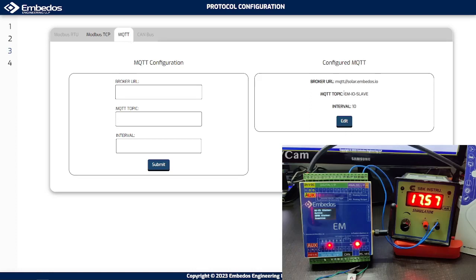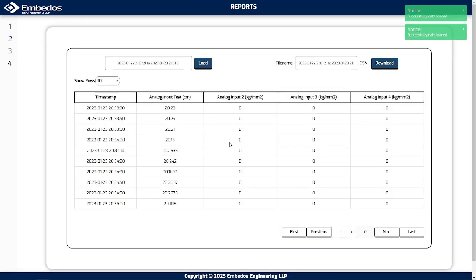Now we'll just see how it works as an MQTT device. So this is the topic. I'll just copy it and then open MQTT Box, which is another simulator that acts as a simulation for receiving the MQTT data. So as we can see, currently here the interval for sending data is 10 seconds and the broker URL is this as specified. Now also note that this device also allows you to configure this table to also include other